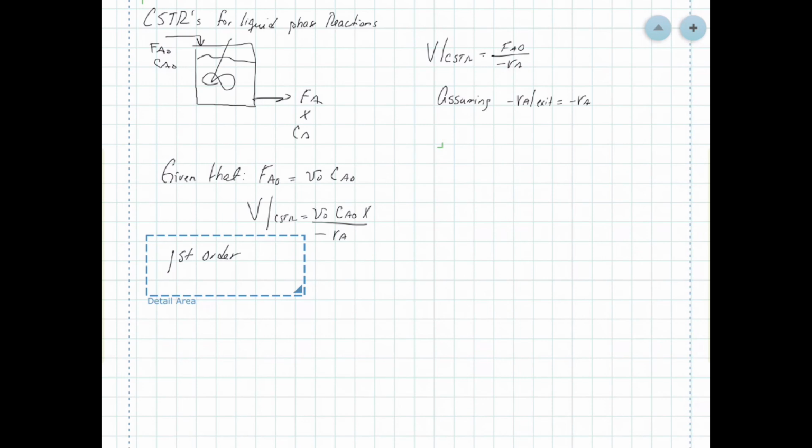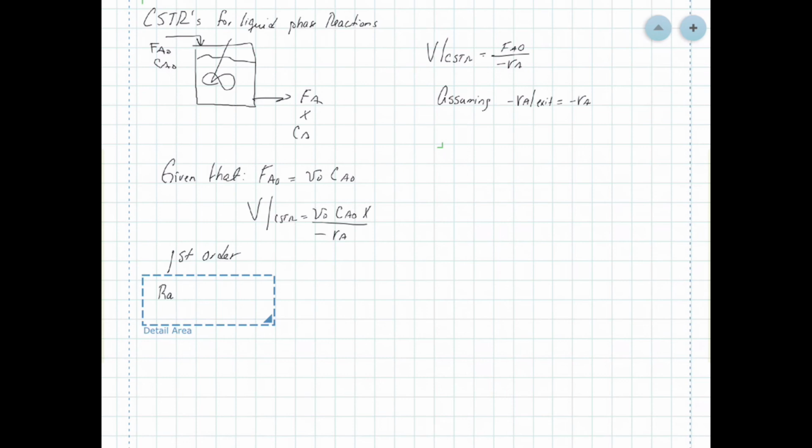Okay, so now let's consider a single CSTR with first and second order reactions to see the relationship between conversion and the characteristic time tau. So let's start by coming up with an expression for a first order reaction. There are a couple of steps that we use, not to memorize the information, and this is the chemical reaction engineering methodology. We always define the limiting reactant, and when we know that, we start figuring out